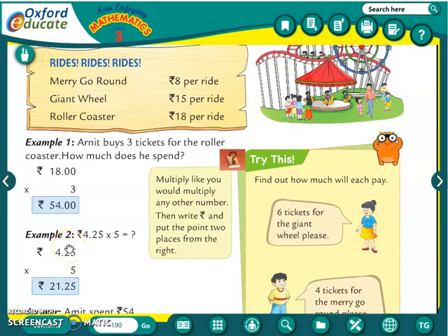here, then 5 2s are 10, plus 2 is 12. So 12, we will write 2 once here and 1 here above the 4, and then 5 4s are 20, plus 1 is 21, plus 25. This is the amount of rupees, that is why we have to keep the sign of rupees before the numbers.